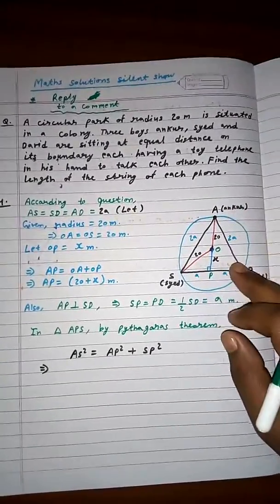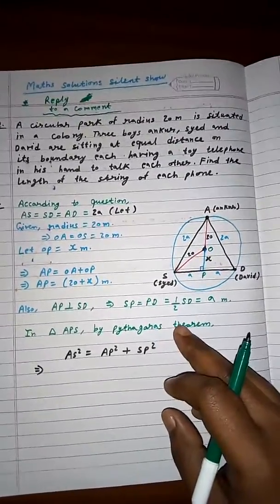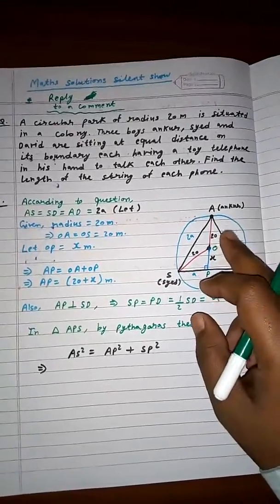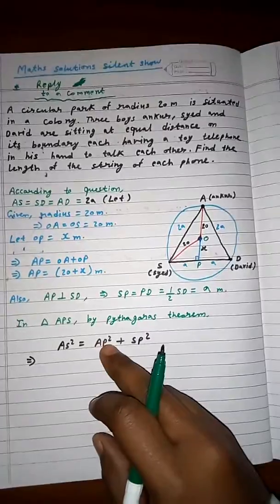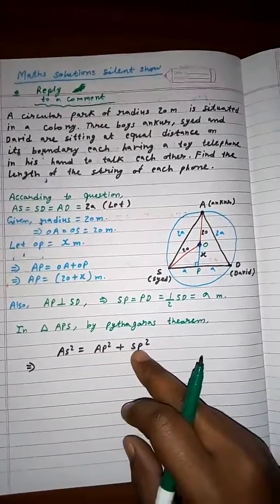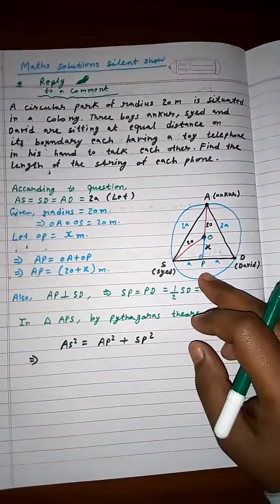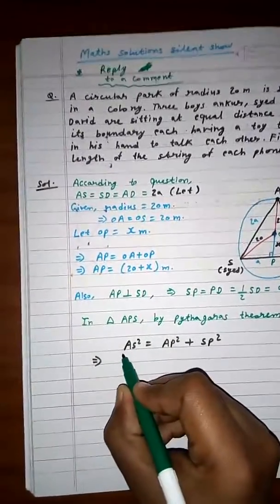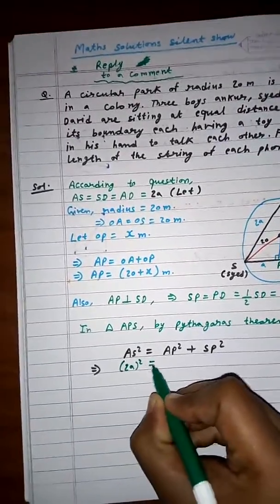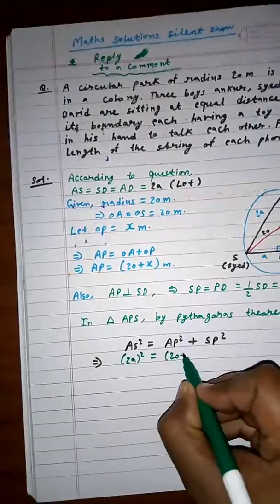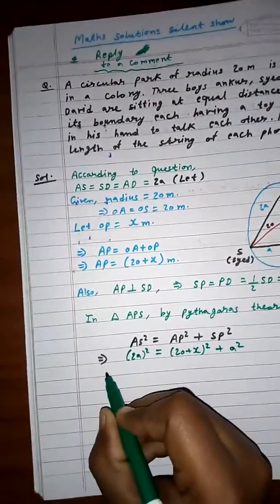As AP is perpendicular to SD, in triangle APS I am using the Pythagoras theorem, which says the square of the hypotenuse AS square is equal to the sum of squares of perpendicular and base. So AS square is equal to AP square plus SP square. The value of AS is 2a, so the square of 2a is equal to the square of 20 plus x, plus the square of a. By solving this we get